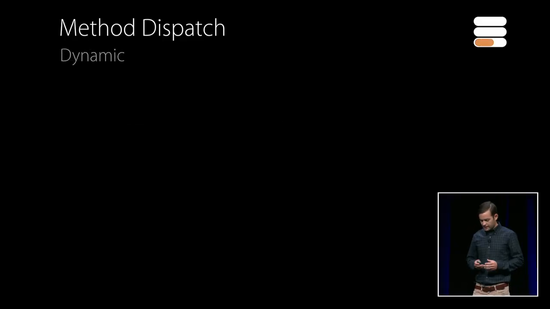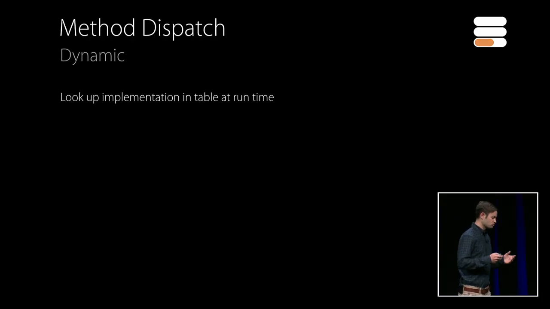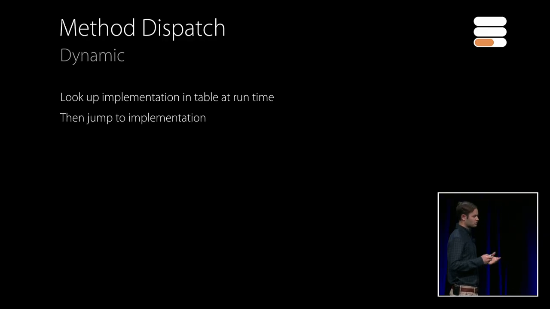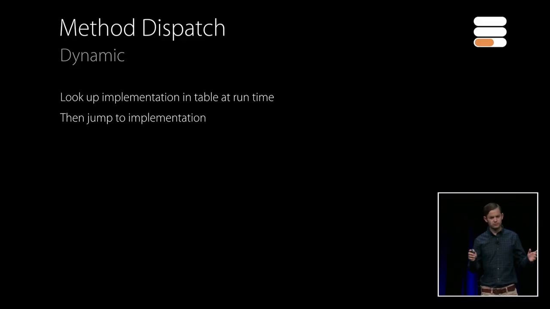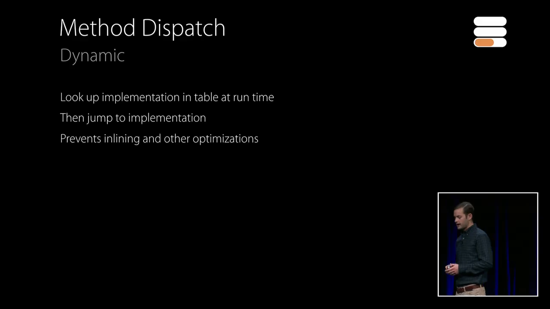With dynamic dispatch, we're not going to be able to determine at compile time directly which implementation to go to. And so at runtime, we're actually going to look up the implementation and then jump to it. So on its own, a dynamic dispatch is not that much more expensive than a static dispatch. There's just one level of indirection. None of this thread synchronization overhead like we had with reference counting and heap allocation. But this dynamic dispatch blocks the visibility of the compiler. And so while the compiler could do all these really cool optimizations for our static dispatches, with a dynamic dispatch, the compiler's not going to be able to reason through it.